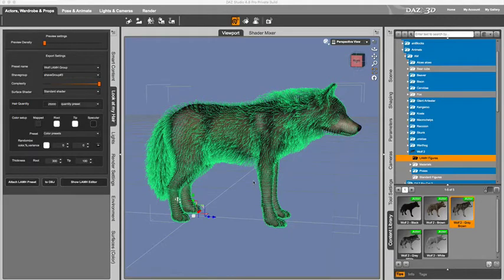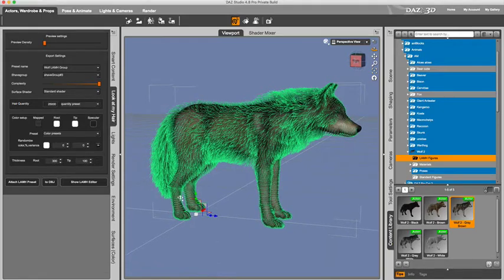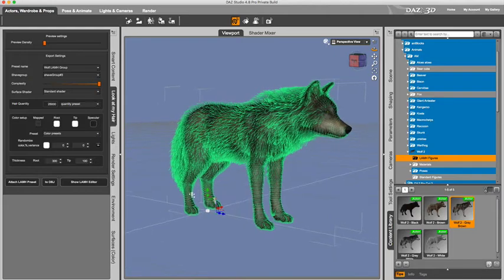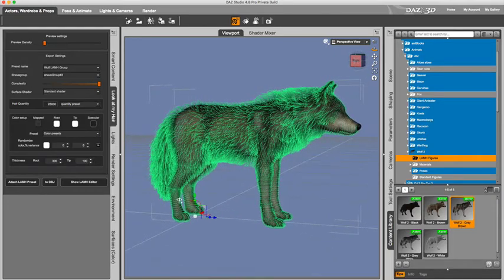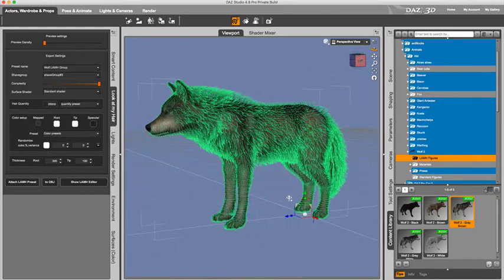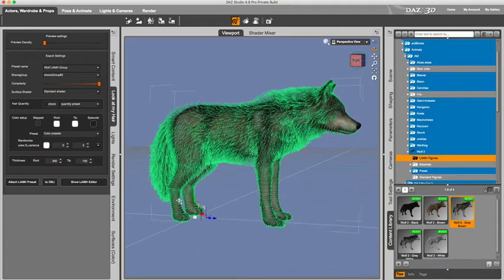Hello, here is a movie to show how I usually deal with scenes that have more than one Look at My Hair model inside. And before I do that, I would like to show you some tricks and how to avoid some issues and pitfalls of Look at My Hair. So here is my new wolf model,